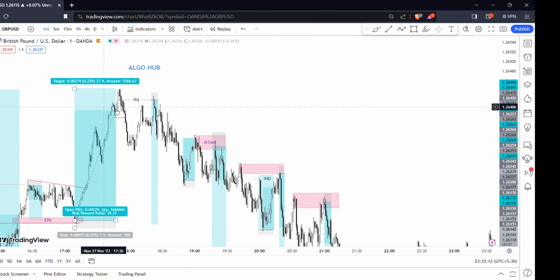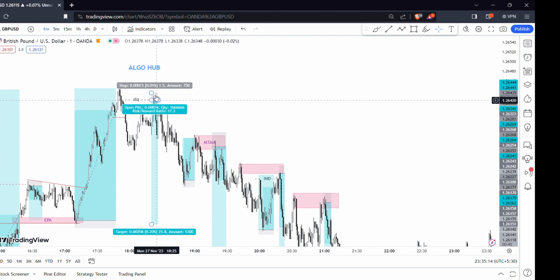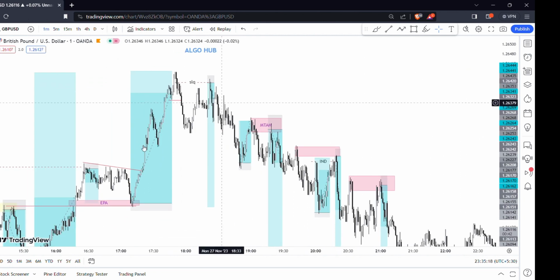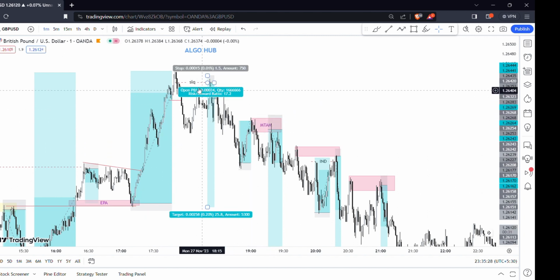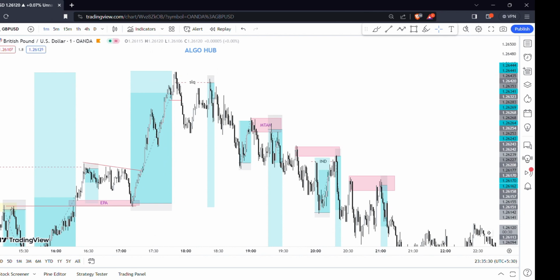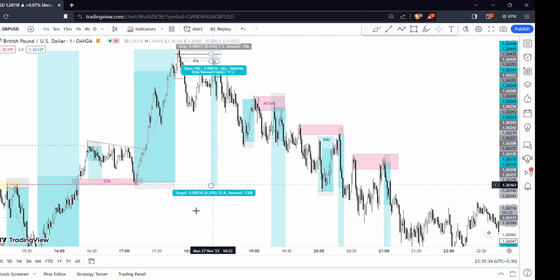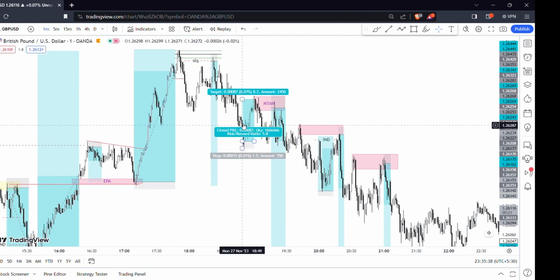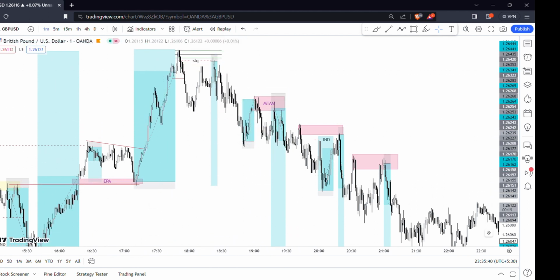This is the SLQ, structural liquidity. SLQ got taken out. This is the safest entry I have ever taken, because of a lot of confluences. The market behavior is there, price delivery is there, break of the structure is there. This is the real break of the structure. Nobody knows what the real break of the structure is. And the mitigation of the order block is there after the SLQ. So many confluences. That's why this is my target. Bread and butter stuff. Why do I buy here? Because it's simple.